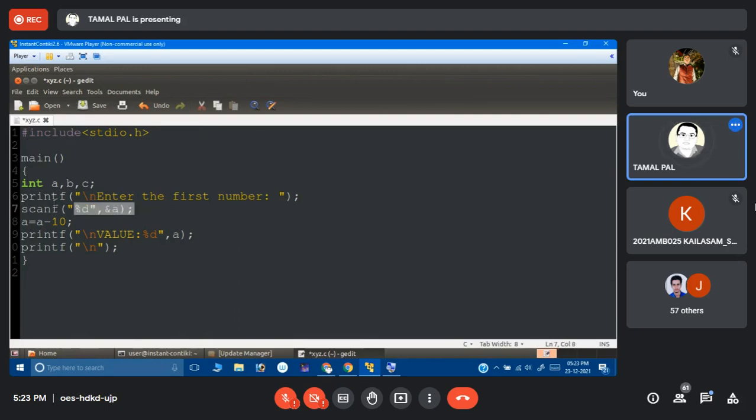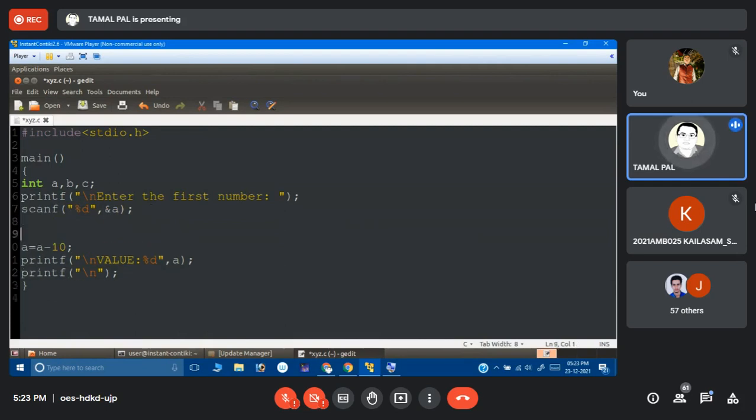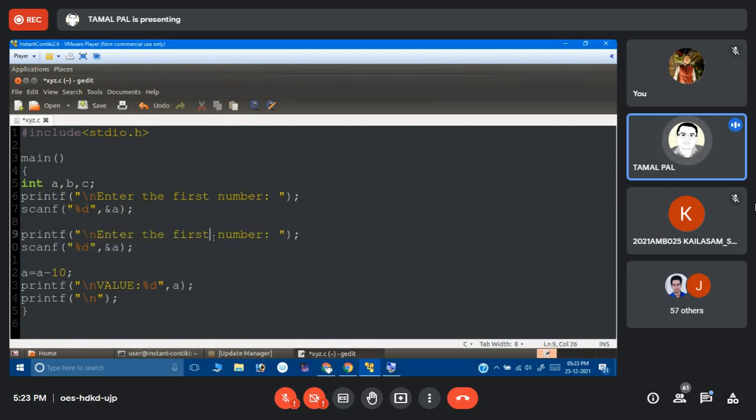And the value is read and sent into A. Similarly, I write the next number, enter second number.